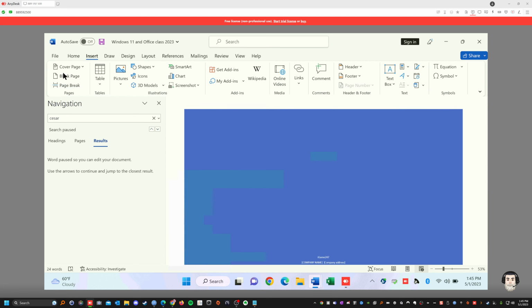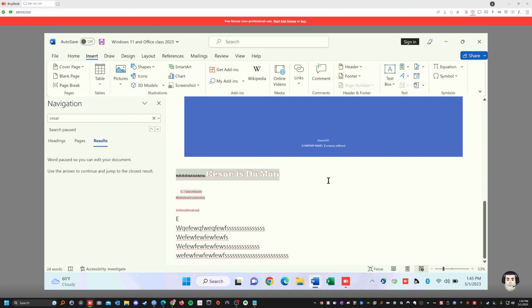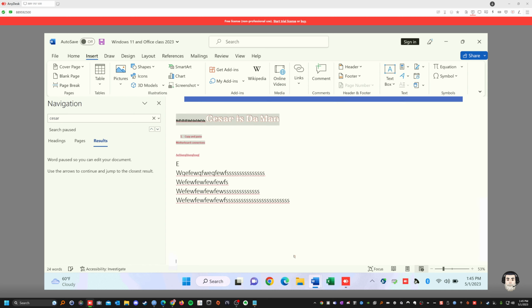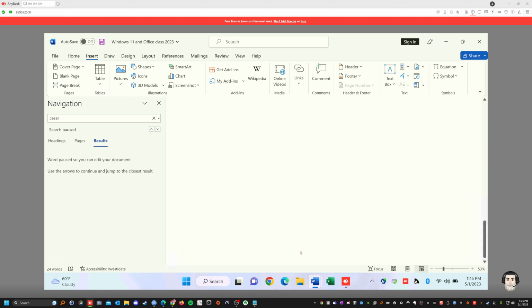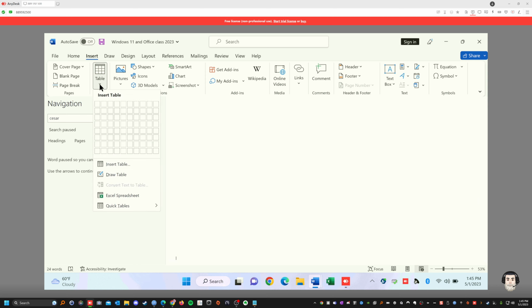This is for pages. Table is more for Excel, but if you want to add a table onto the page, let's go down. Let's say you want to add a table, right? You could add as many as you want in the table on the page, right? Let's do 12.